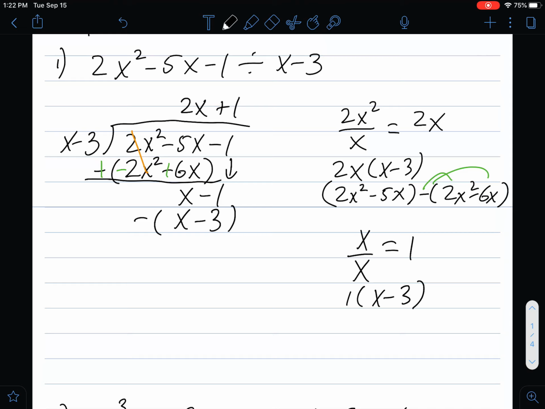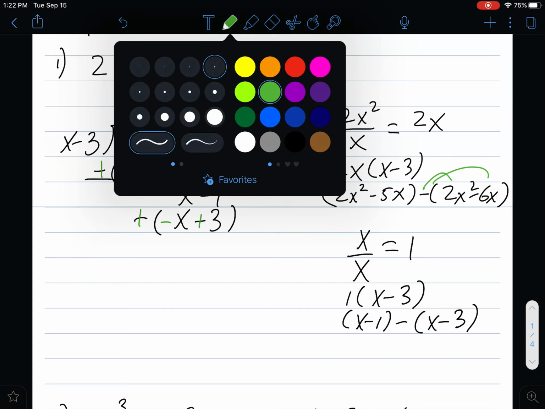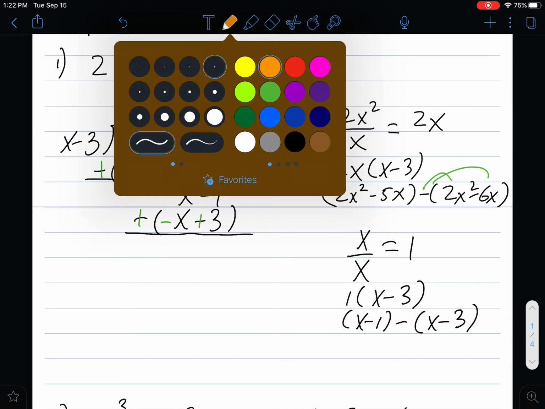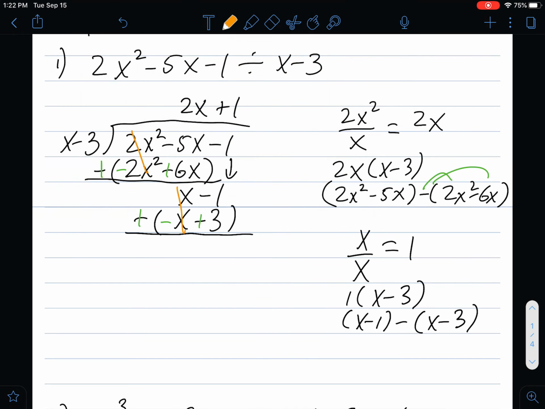Next up is a subtraction. x minus 1 minus x minus 3, right? And again, what I like to do here is to change this to a plus, change that and that, right? Flip the sign of everything inside the parentheses after changing this minus to a plus. This is because addition is easier than subtraction. So now our x's cancel out here, and negative 1 plus 3